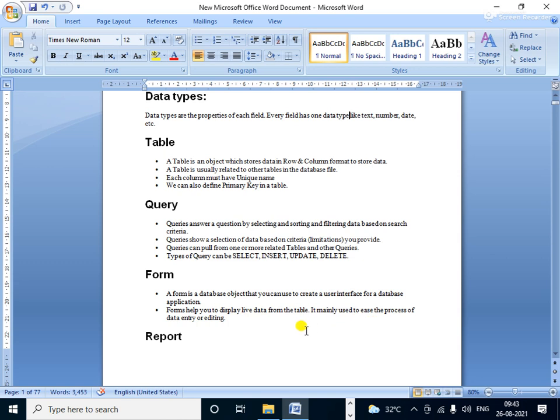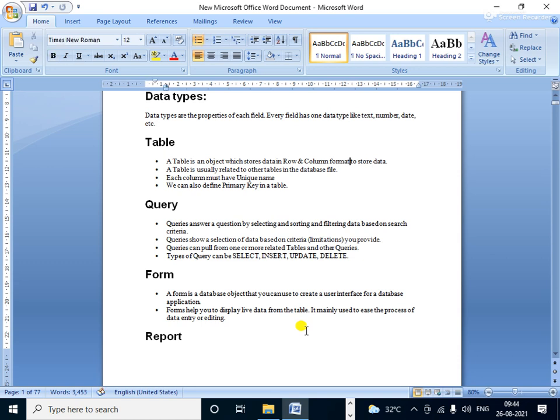Means, with the help of forms, you can add some pictures or some colorful form design in your database files. Sometimes you see in a report card or any paper there are background pictures, so you add some background colors, beautiful colors, as per the user's choice. Many background colors are available, and you select as per your requirement.